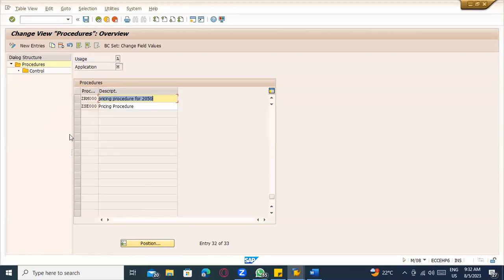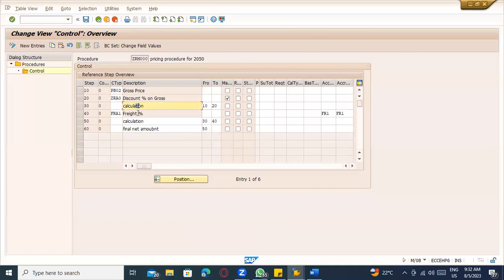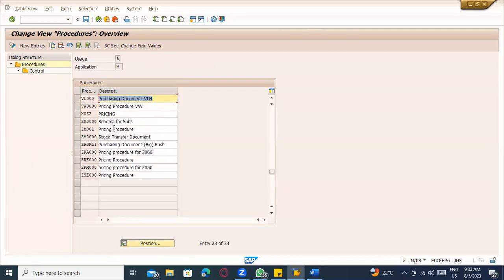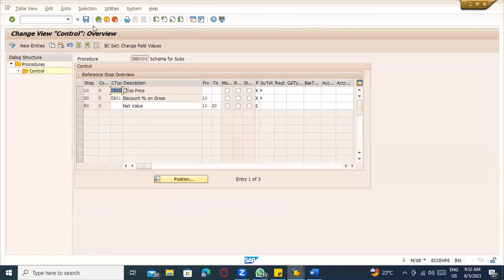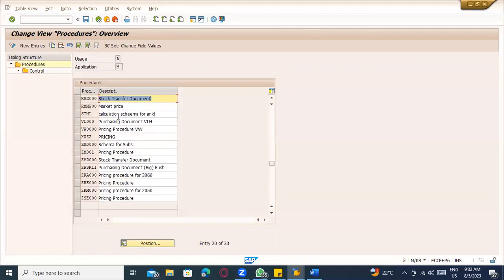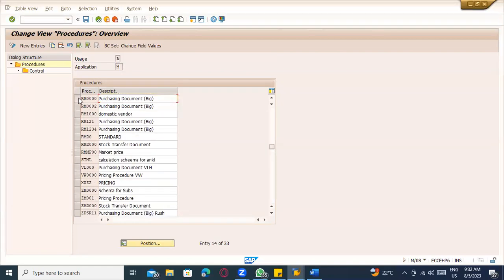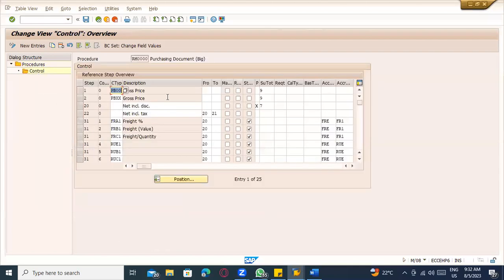This is the pricing procedure. Here you can see the conditions: gross price, discount, freight, and if you want to add something like labor cost or taxes, you can add all this information here. So this is the pricing structure which is created. You can take any of the others and see what is there. People keep changing the standard, so you cannot see all the conditions, but you can see here